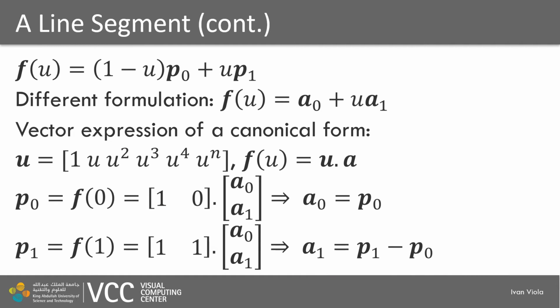So back to our description, which is a parametric description of a curve, where we have the two known points, which are our inputs, and then we have our parameter u, which defines how the line segment is being formed. This is trivial for a linear case, but it will not be so trivial for the higher